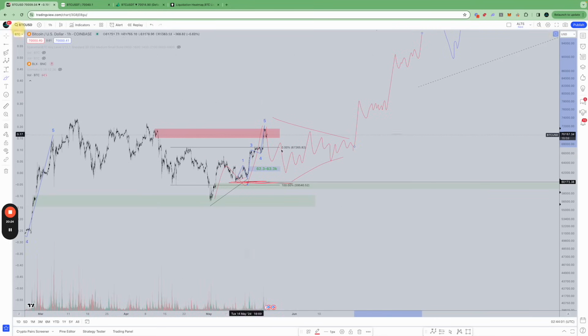And in this scenario, it's highly likely that we come down to about 62 to 63K. Okay, in this scenario, which is kind of the middle ground, it's highly likely that we are going to test this region here, this blue region here between 62 to 63K. Okay, that's in this scenario where the bottom is still probably in, but we're going to consolidate